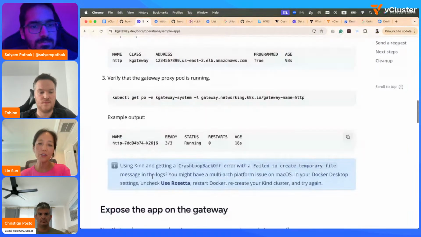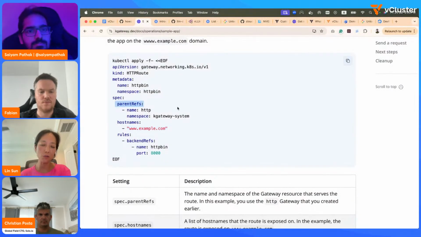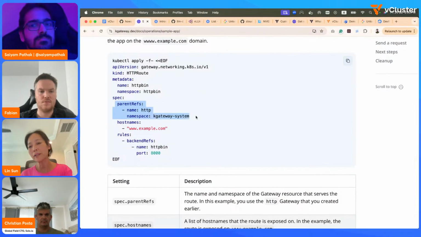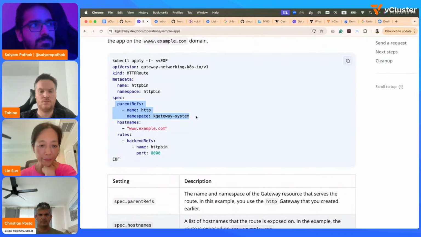There are reasons you may want a dedicated gateway proxy for your application. If your application is critical and you don't want to share with other projects or other teams, then you may need to have your own dedicated gateway proxy. But the shared one is a common use case.